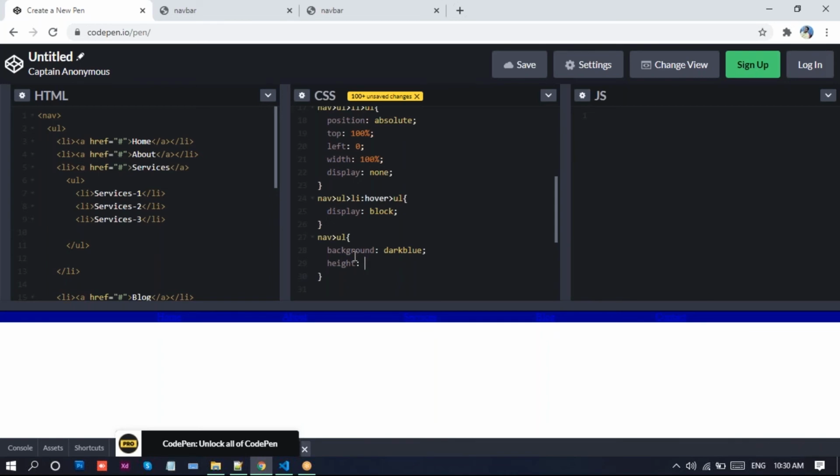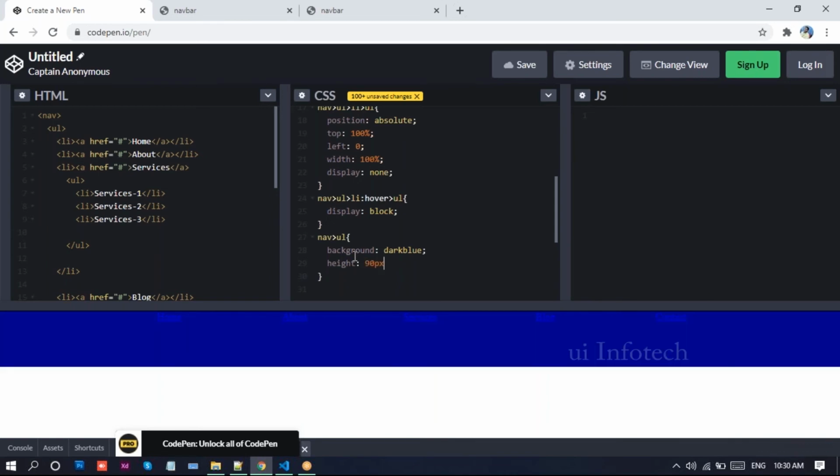and I'll mention height 90 pixels, and line height, in order to make the text centered, line height 90, and we place this here.